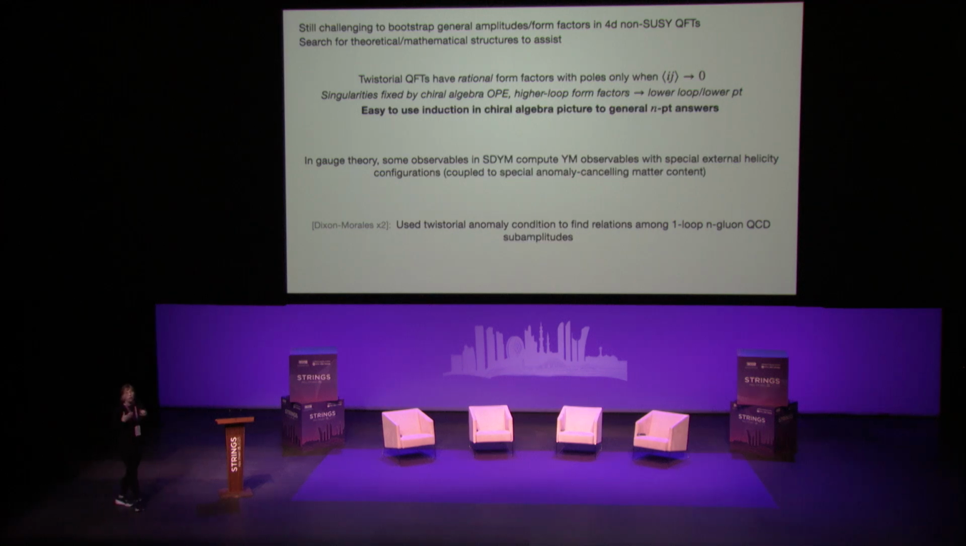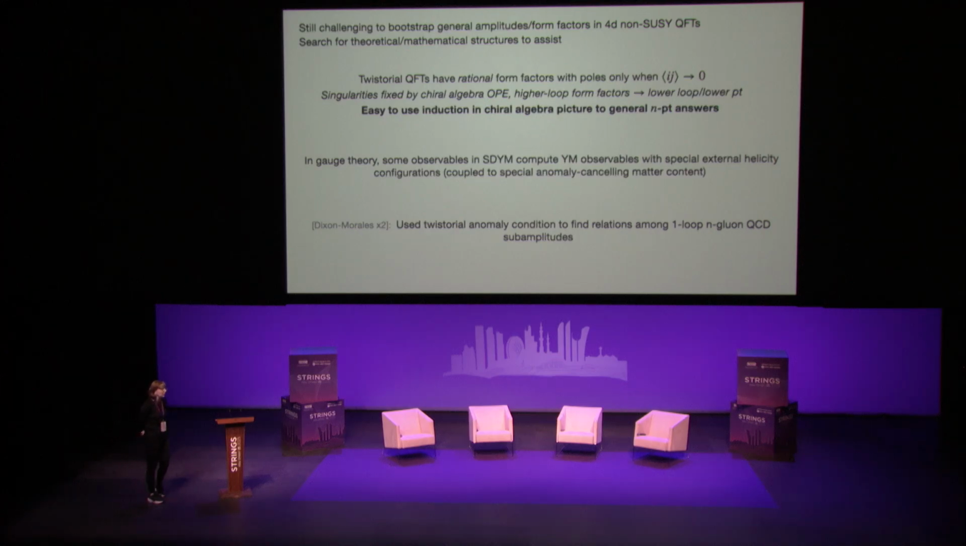So this is sometimes called the holomorphic collinear limit. It's a very useful thing to do. And these twistorial quantum field theories have form factors only with poles in the angle brackets. So incredibly simple analytic structure, none of the interesting branch cuts or transcendentality of quantum field theories like QCD that are more general. And this follows precisely because the form factors in these theories can be computed using a chiral